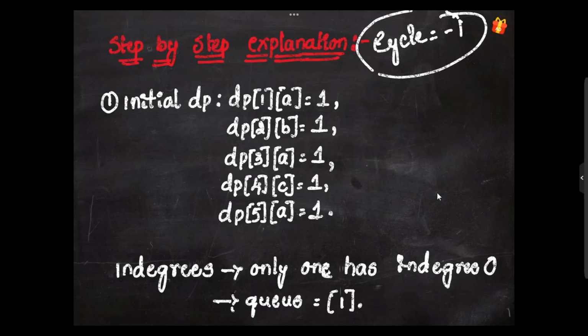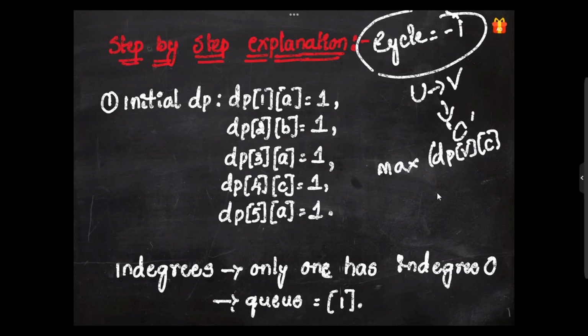So this is fine. Now we have to process the nodes in topological order. Just listen to this carefully again. We will be processing the nodes in topological order for each edge u to v, and for every individual character c. So basically what we will be doing here, we will be going with dp of v, c, where v is nothing but vertices, and c is an individual character. I'll go with the max of dp of v, c itself, and